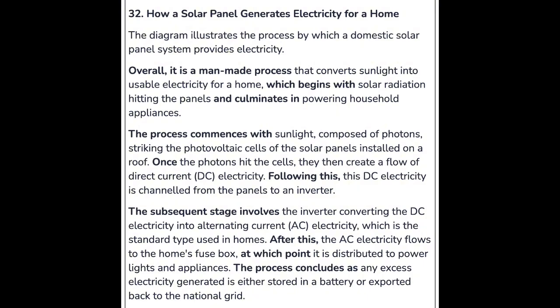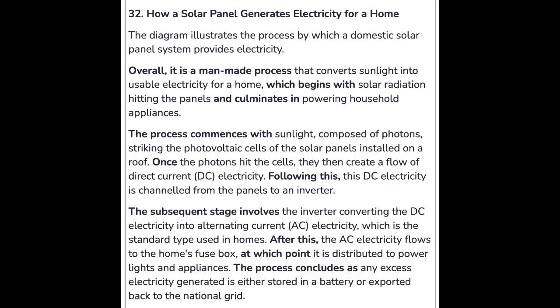The process commences with sunlight, composed of photons, striking the photovoltaic cells of the solar panels installed on a roof. Once the photons hit the cells, they then create a flow of direct current, DC, electricity. Following this, DC electricity is channeled from the panels to an inverter. The subsequent stage involves the inverter converting the DC electricity into alternating current, AC, electricity, which is the standard type